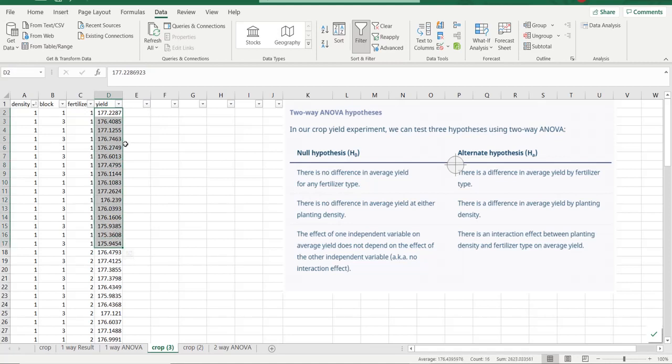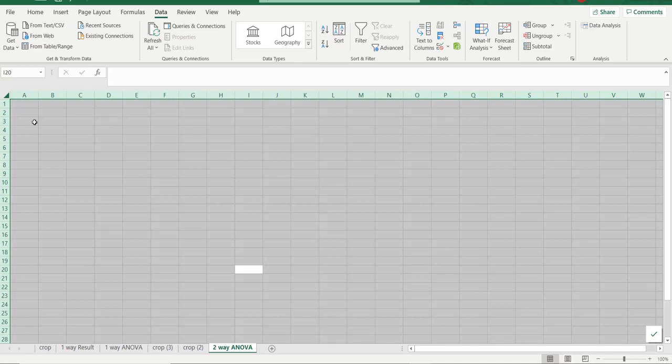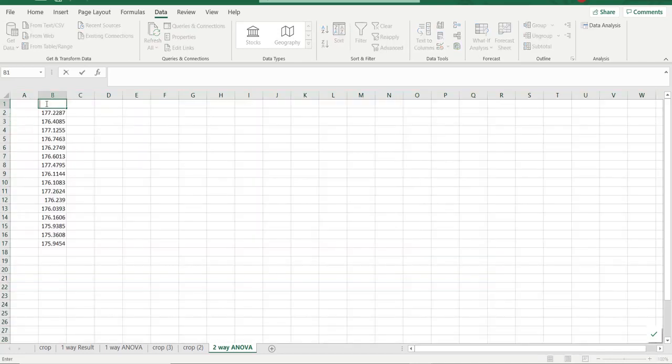We are choosing the data which belongs to fertilizer type 1 and density type 1. Choose this data and paste it here. Let me name the column as fertilizer 1 for density type 1. This data represents the yield based on density type 1 and fertilizer 1.